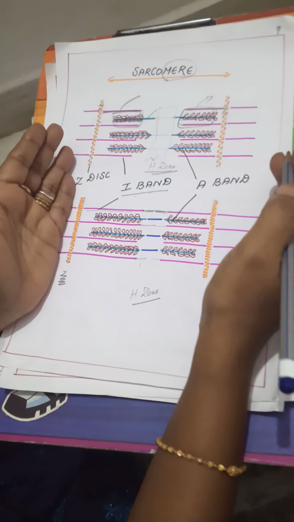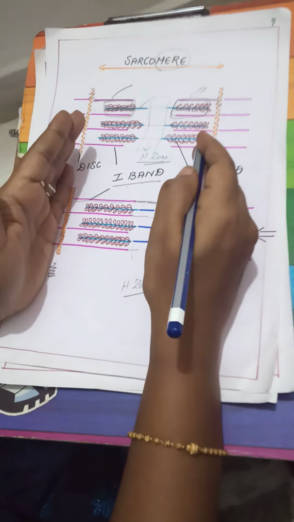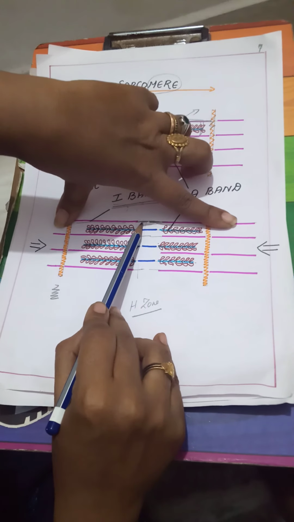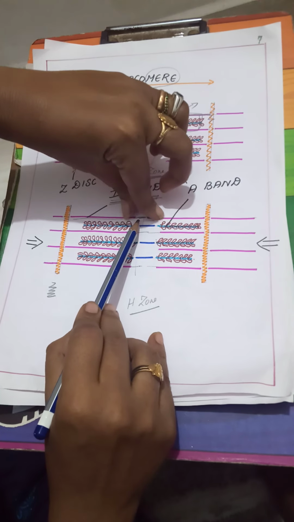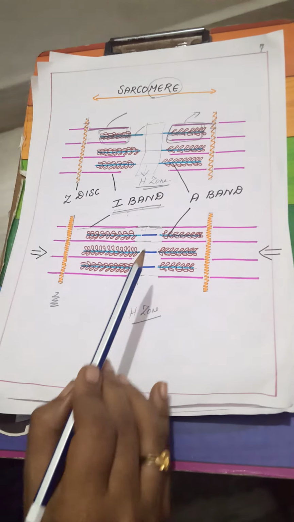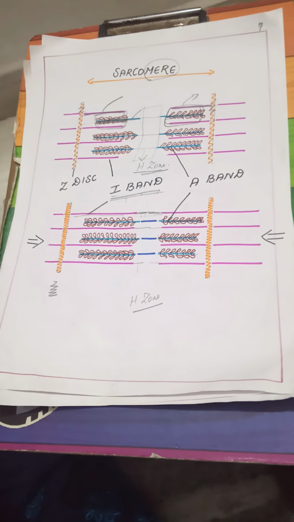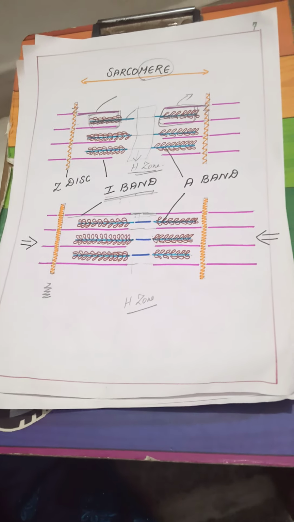So at the time of contraction, shortening of a muscle fiber takes place due to the complete overlapping of the A band. At the time of relaxation, again the Z discs relax and the I bands start moving away from each other. Only part of the A band is overlapped by the I band. Now the length of this I band gets shortened at the time of contraction. At the time of relaxation, it gets straightened like this. So the length of the I band varies according to the action of the muscle. During contraction it gets shortened, and during relaxation they move away from each other.